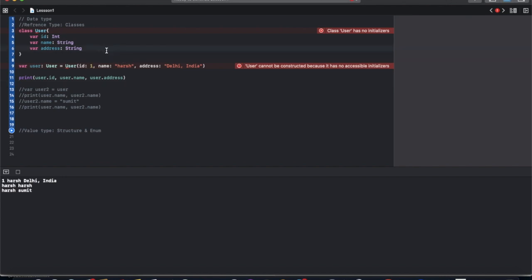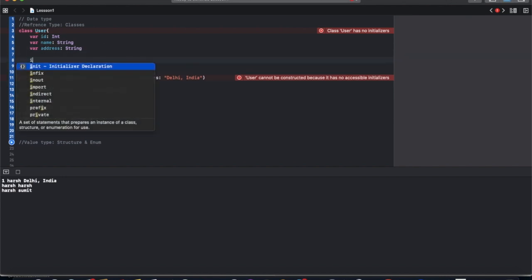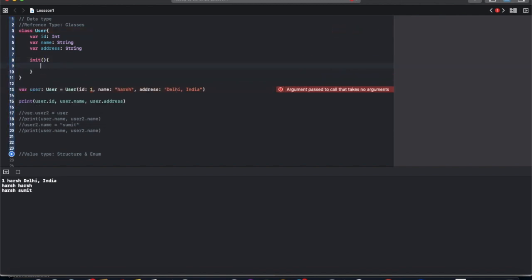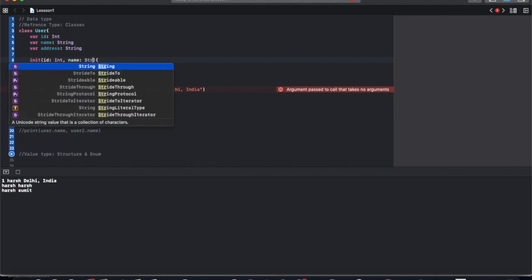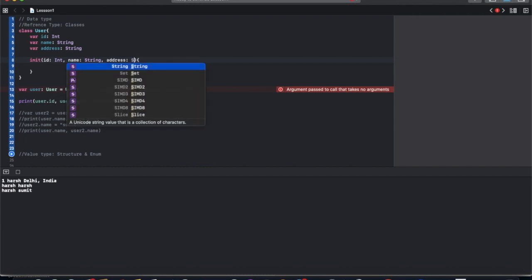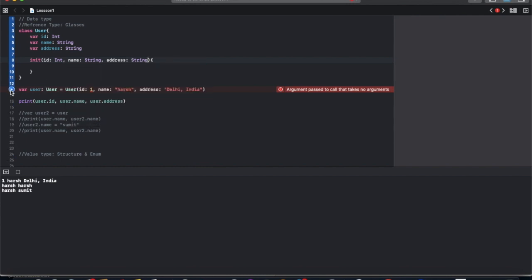So if we are writing an initializer, we can use init, and provide the initializing values like id, int type, name, string type, address, string type.